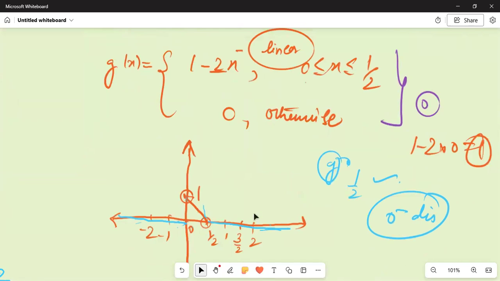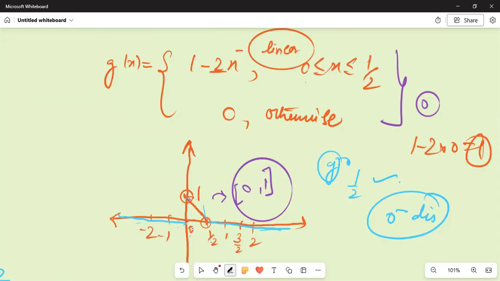Between 0 and half, G is taking the value between 0 and 1. You can see all the values are taken between 0 and half, between 0 and 1. So G(x) is taking all the values between 0 and 1, when x is lying between 0 and half. But for the rest of the values, G is 0. So that means, what is the range? It is nothing but 0, closed interval 1, because 1 is also